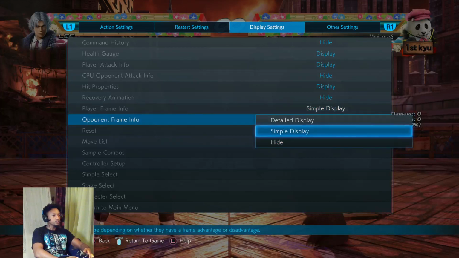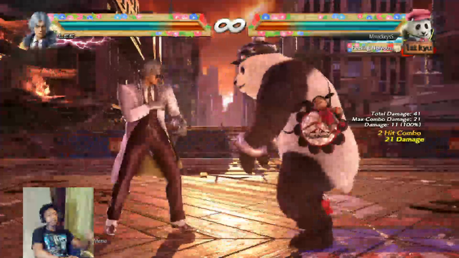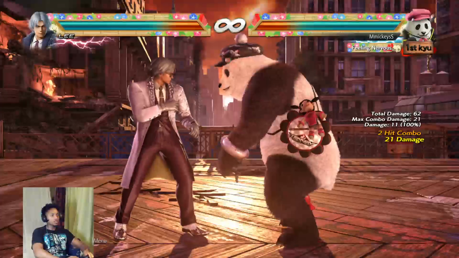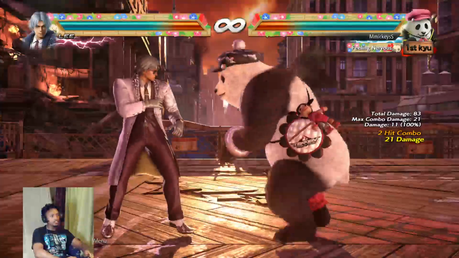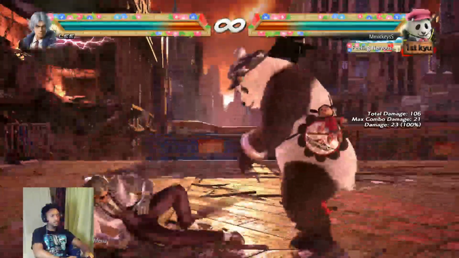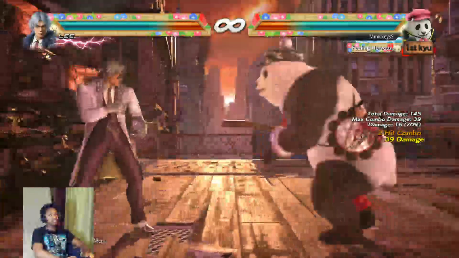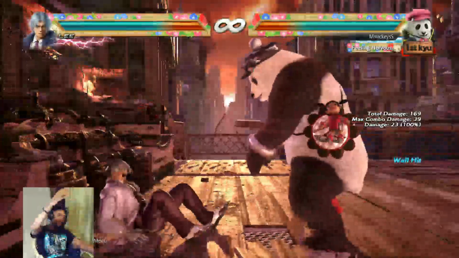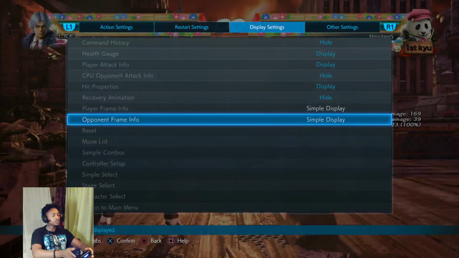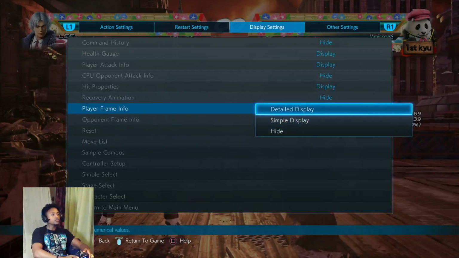Now simple display is not really that useful. It's the old hit analysis that we used to have before frame data, but then they did a few adjustments where there's a light red, there's like light color, and then there's like dark colors. So the lighter it is, the less frame disadvantage. The darker it is, the higher the advantage or disadvantage. Pretty simple, that's all there is to it. It's not really that useful, to be honest, except if you're doing like specific combos. But when we come to detailed display,